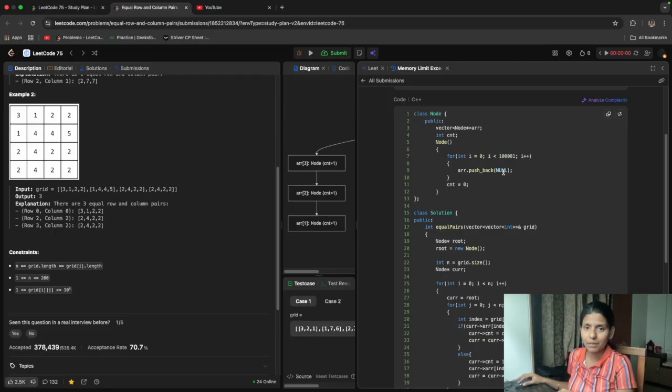The index is an integer, and null is a node pointer. But what I want is, on that index, a node. So basically it is a map: I'm just mapping a node to that index. So I can use a map of int to node.